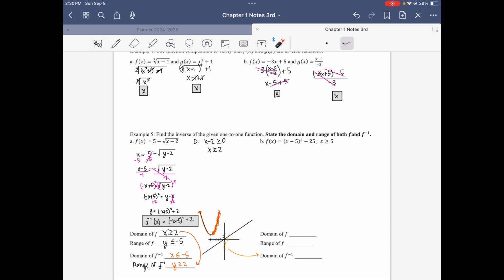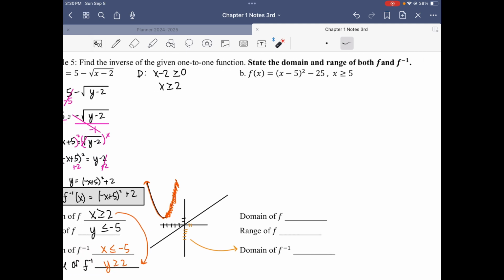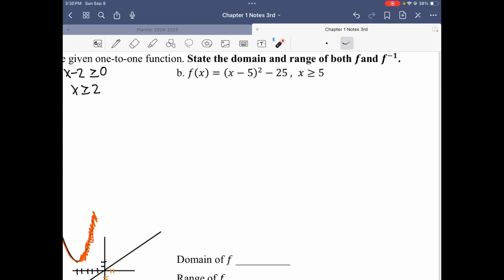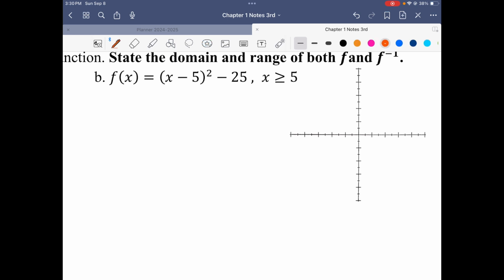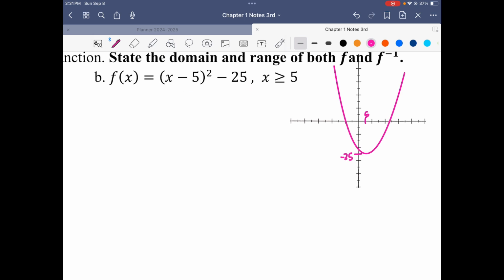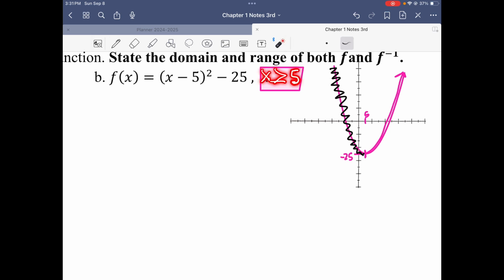Let's do another one to make sure we understand here. This one is really interesting because we start the other way around. It's very similar. So let's go ahead and get our graph. Now, if we were to do this parabola, it's shifted down 25, and to the right 5. So now that this is here, it very clearly states that x must be greater than or equal to 5. So what it's saying is, hey, I'm only looking at this piece. This one doesn't exist, because it told me that this is only true when x is greater than or equal